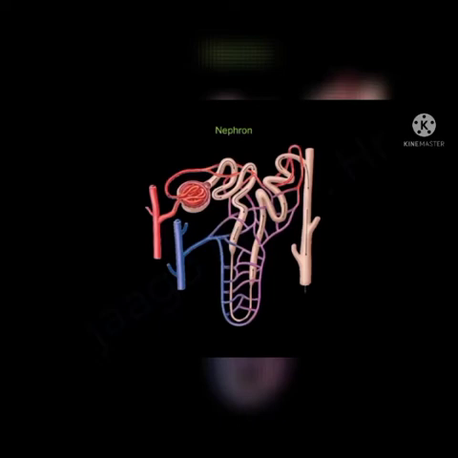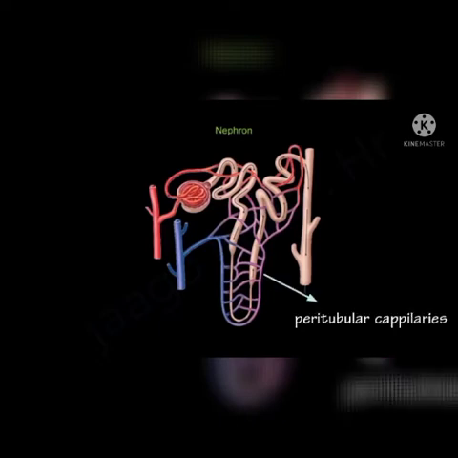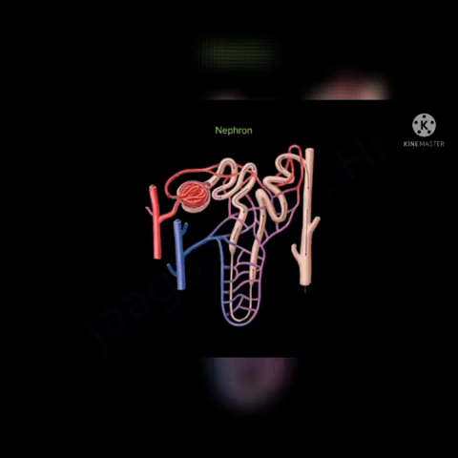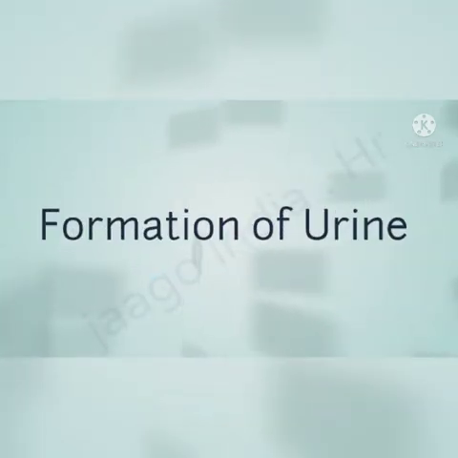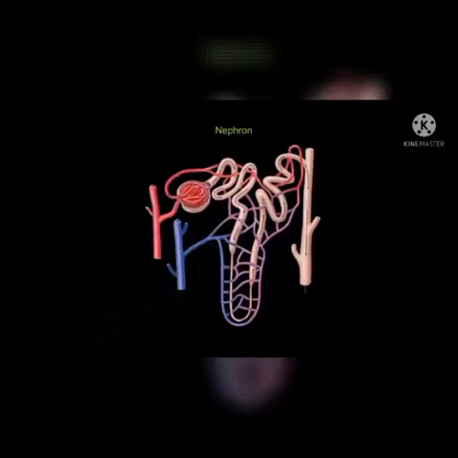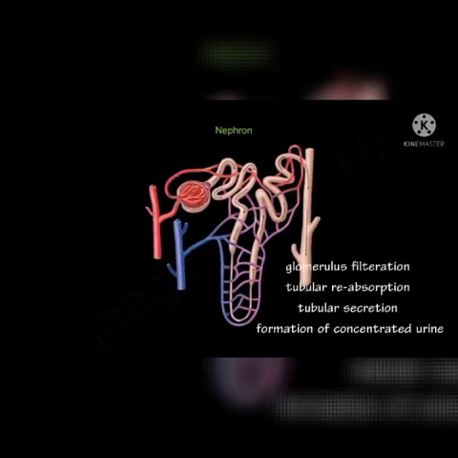All the parts of the renal tubule are surrounded by a network of peritubular capillaries formed from efferent arteriole. The peritubular capillaries join to form renal venule, which joins the other venules to form finally the renal vein. Now let us learn about the urine formation. The steps which are involved in the formation of urine in nephron are glomerular filtration, tubular reabsorption, tubular secretion and formation